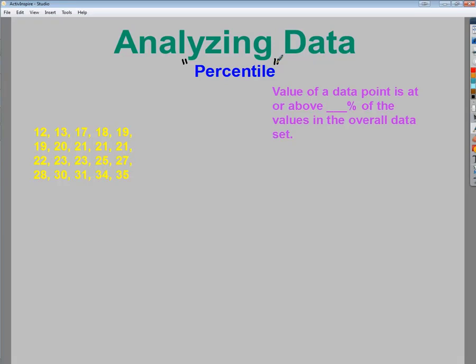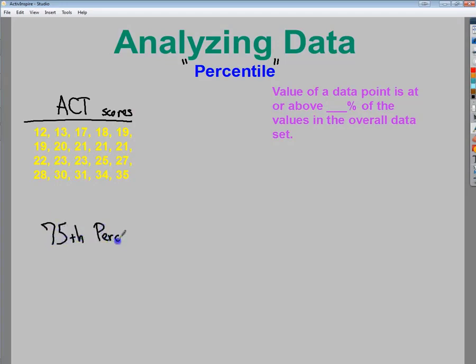Now, on the left, I have this little set of numbers. It's okay that some of them are repeating. That happens. So these are ACT scores, just ones I've made up. In order to find the percentile, I need to take the number of terms and then multiply it by the percentage. It's pretty simple. So let's just do the 75th